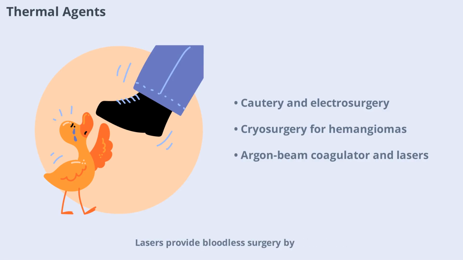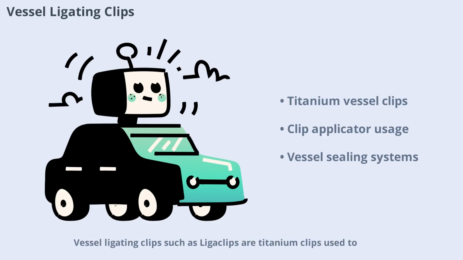Lasers provide bloodless surgery by coagulating small vessels during tissue cutting. Vessel ligating clips, such as ligaclips, are titanium clips used to permanently seal blood vessels mechanically. Applied with a clip applicator, these clips compress the vessel wall without damaging it, providing efficient and convenient vessel control during surgery. This method is often preferred over conventional tying with thread, especially for vessels that are difficult to access